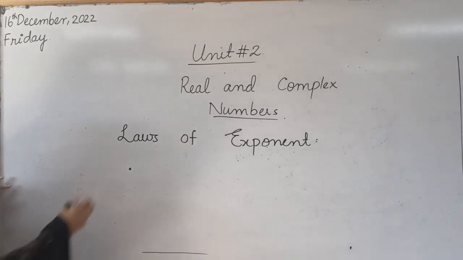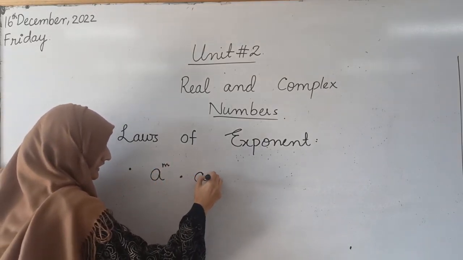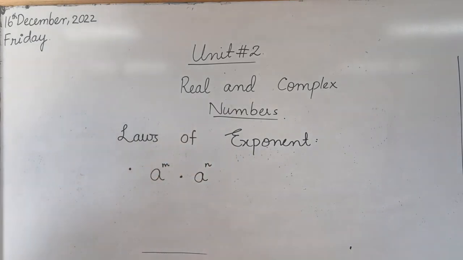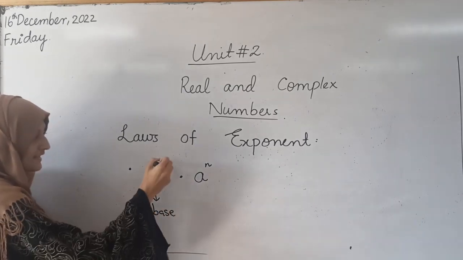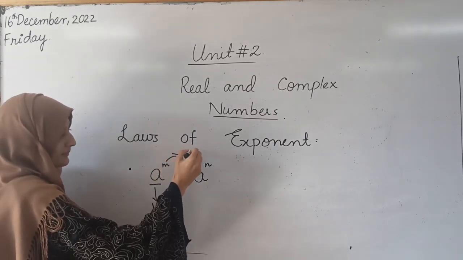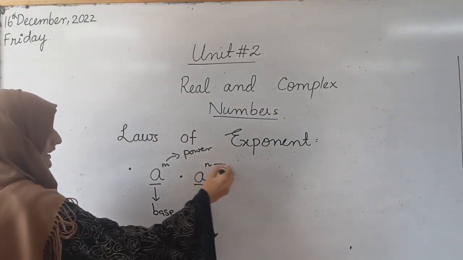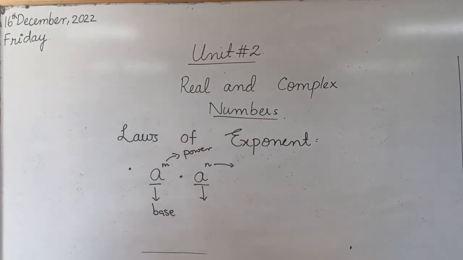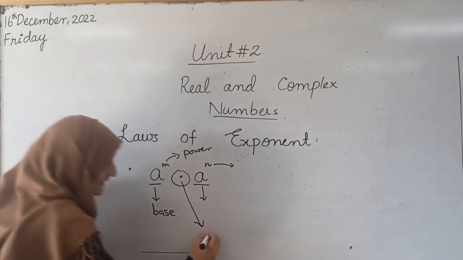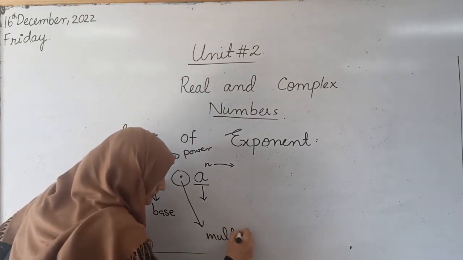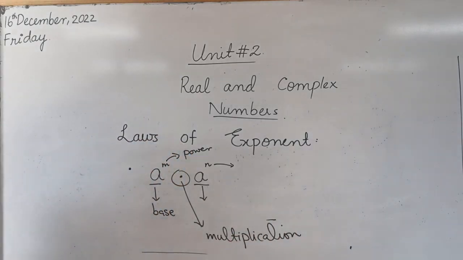First law is a raised to power m dot a raised to power n. This is base having some power m. Similarly, this is base having some power n. And this dot is not a point or decimal point or anything else. This shows multiplication of two